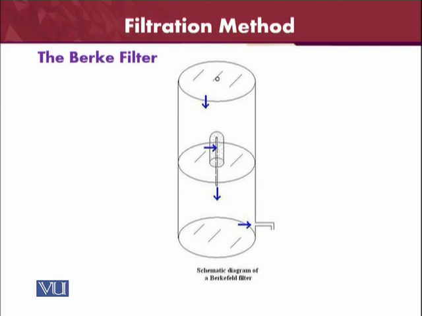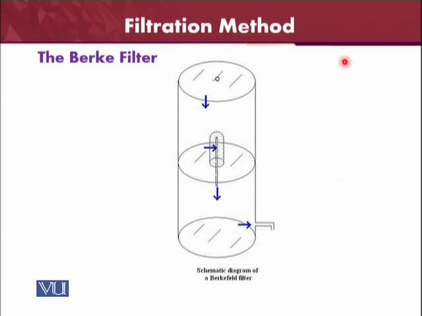Here you can see the filtration method, the Berkefeld filter, in a schematic diagram of this filter. We can just have a look. Here in the filter, we can use different kinds of pores. They can be the 3 pores, V, normal and W, and here the porosity will be retained, and most of the material will just go through this funnel.